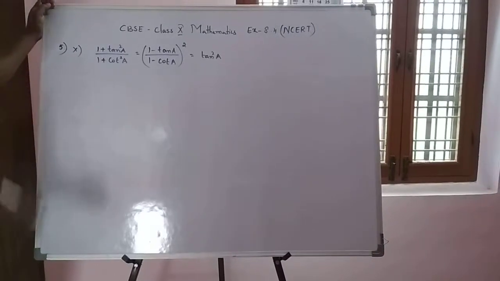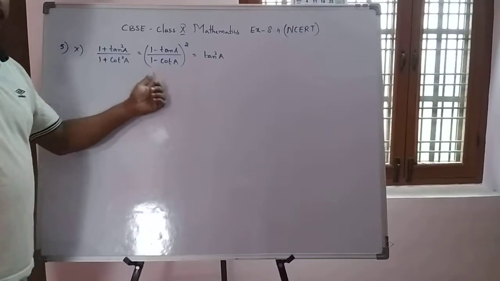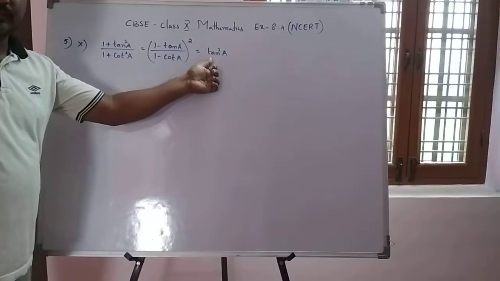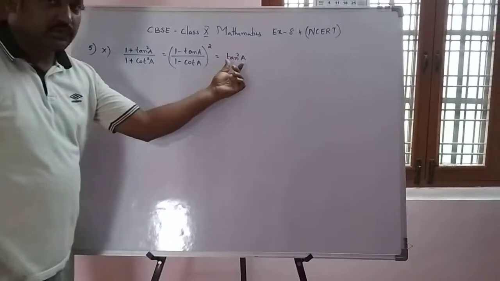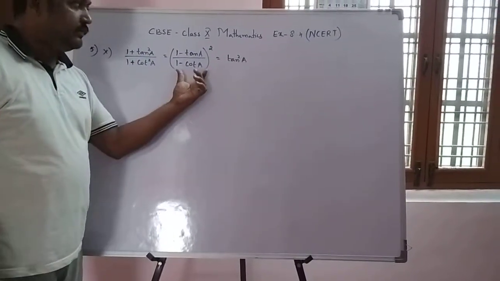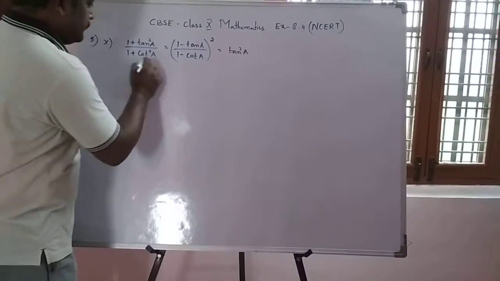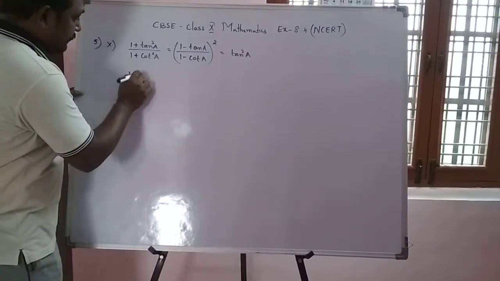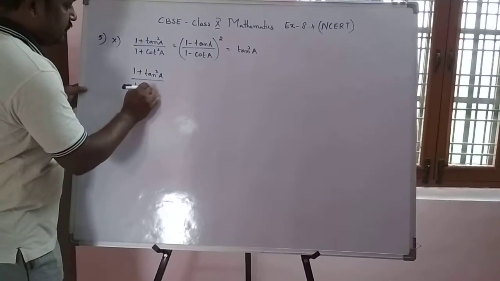Okay, here we are given a problem where we are supposed to show each of these functions is equal to tan square A. Now in such problems, always take the first part and show that it is equal to tan square A, and then take the second part and show that it is equal to tan square A. Okay, let us start with the first part, which is (1 plus tan square A) by (1 plus cot square